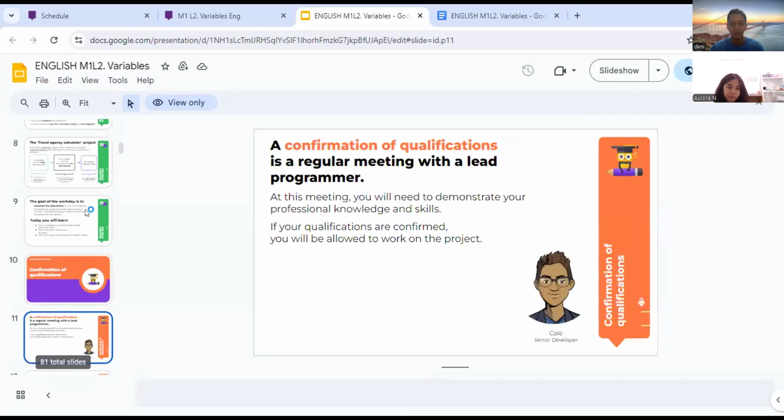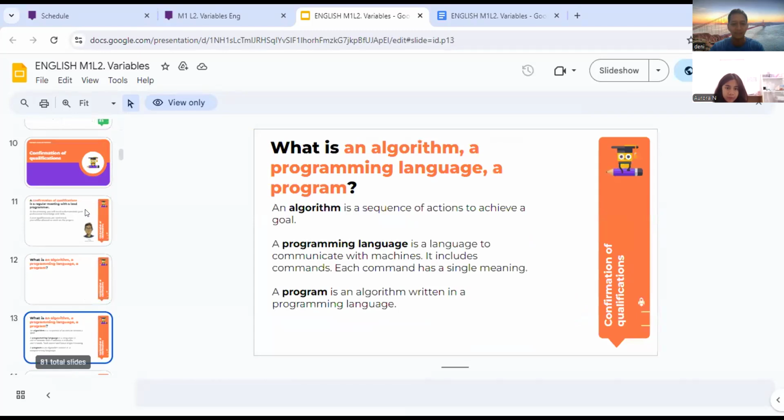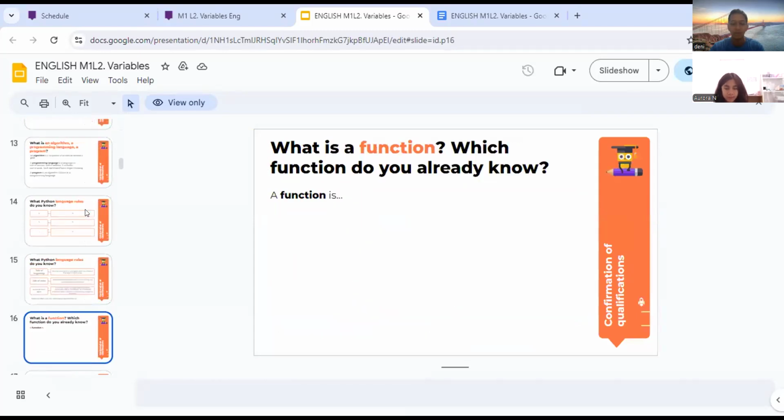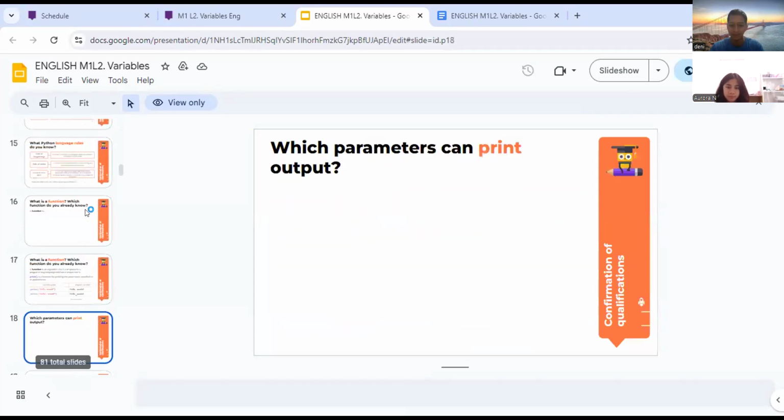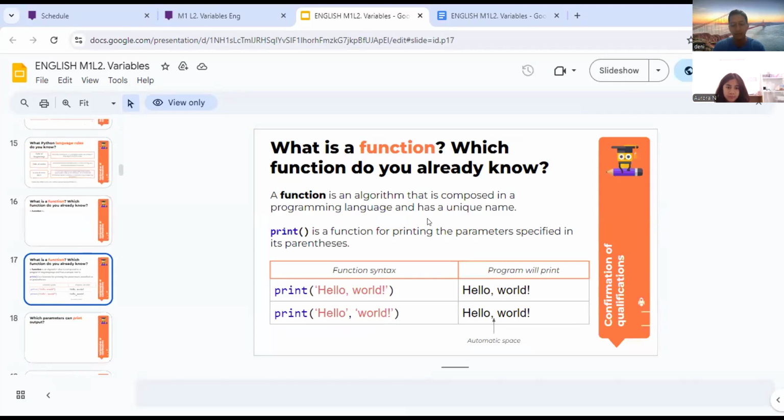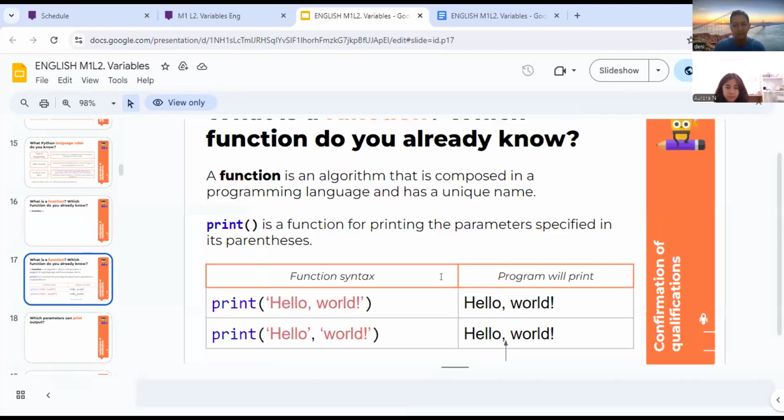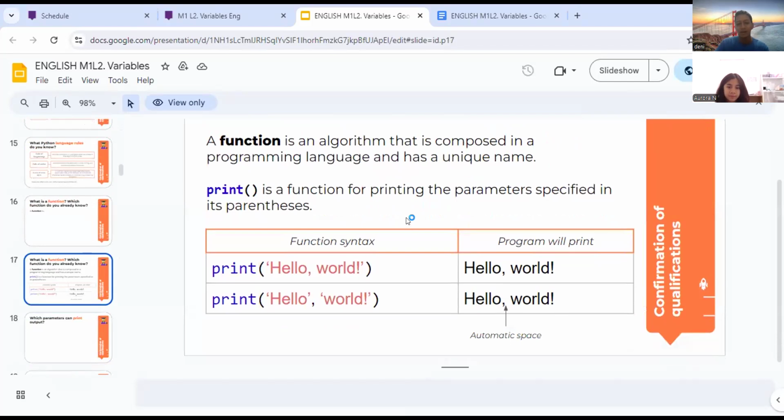Before we go to variables, let's refresh our last lesson about how to display text in Python. Still remember, Aurora? Yes. When we want to display text in Python, just add the print function, then the bracket, and don't forget the quote.